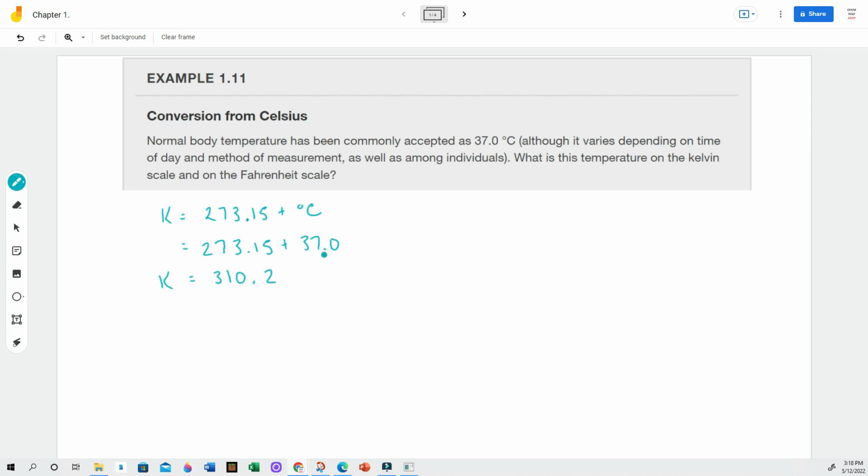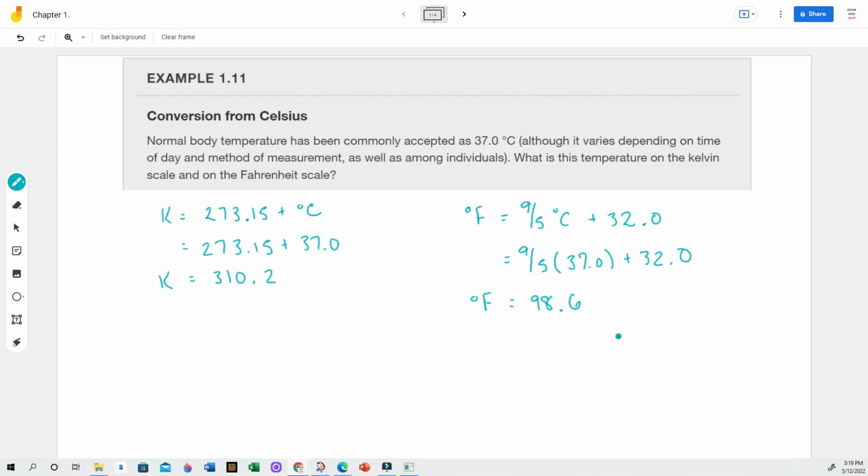That is because we're doing addition subtraction, so I need to look at the number that has the fewest decimal places, and that is this 37.0, which is why I only have 1 decimal place in the answer. Now let's convert to Fahrenheit. So my calculation for degrees Fahrenheit is going to be 9/5 times my degrees Celsius plus 32.0. So I'm going to take 9/5 of 37.0 and add 32.0. And that gives me a degrees Fahrenheit of